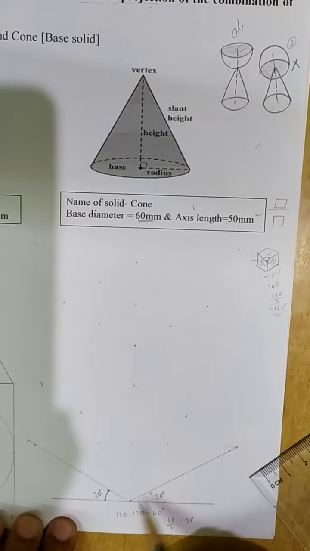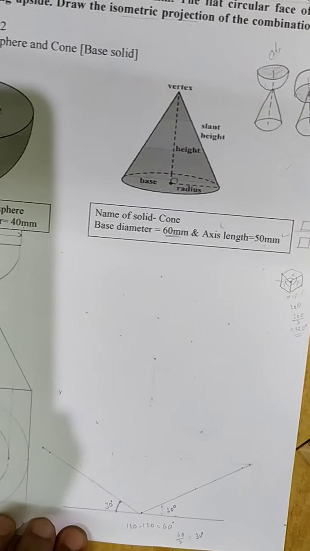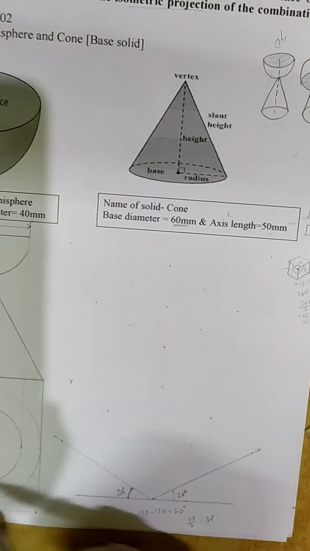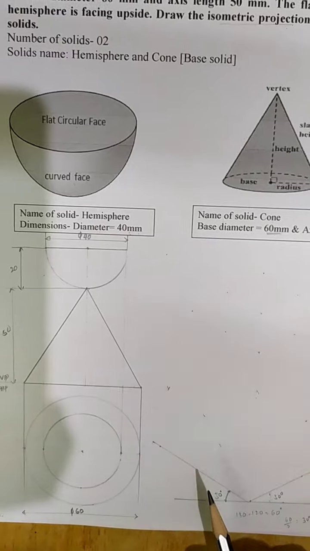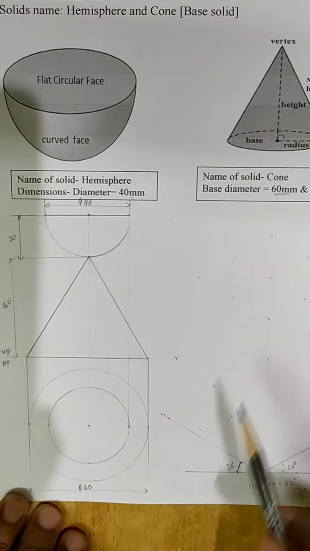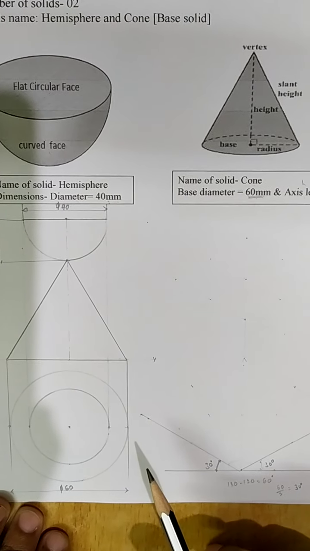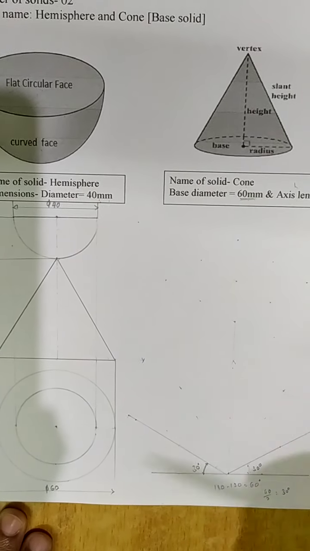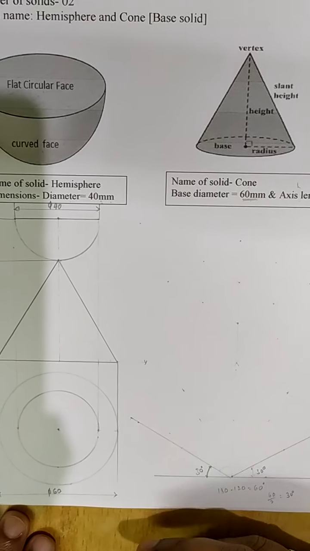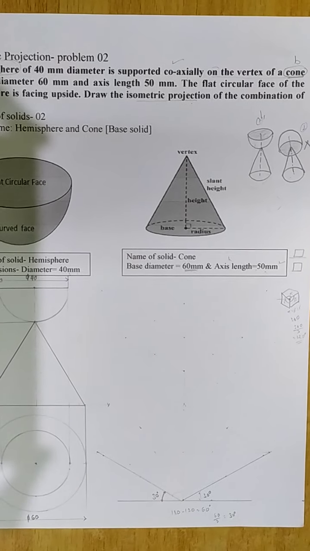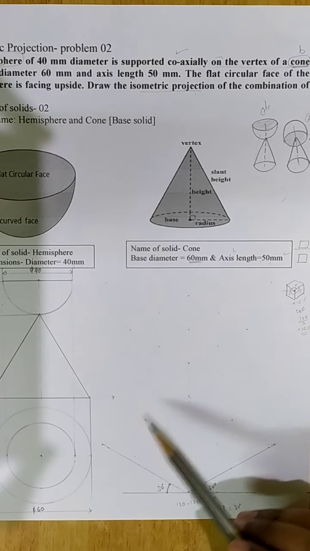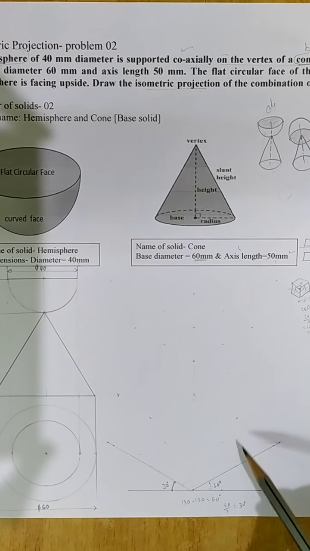Okay. So now after taking two 30 degree lines, we have to draw the base diameter of the cone. If I consider the base diameter of the cone, the base of the cone is a circle in the normal view. But what happens to its isometric view? The isometric view of the circle looks like an ellipse. The base diameter of the cone, he has given as 60 mm, and the shape of the base of the cone is a circle.